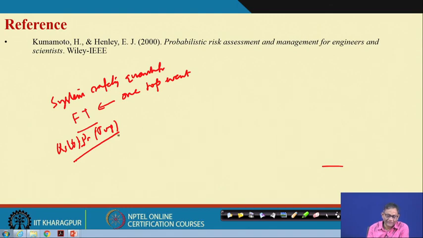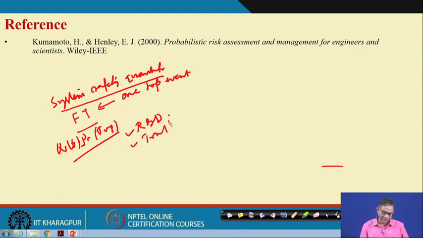Given a fault tree, there are many methods to find the probability of the top event, like the gate by gate method, the cut set method, all these things. In the last few lectures under system safety quantification, we have started with RBD, reliability block diagram. Then we have shown you the truth table. Then we have shown you the structure function,